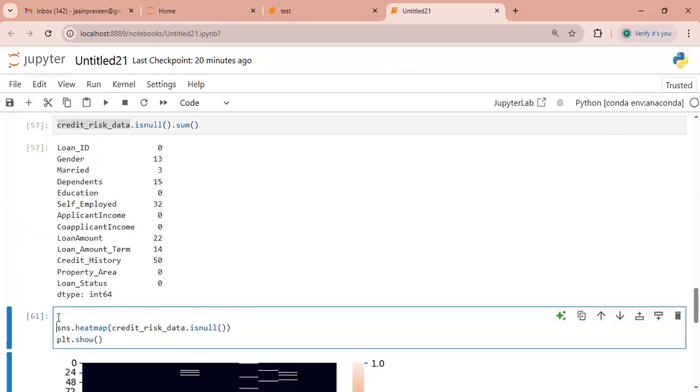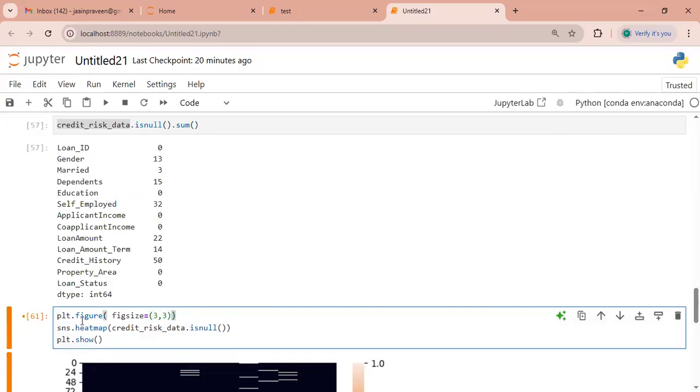For that, I will use the matplotlib dot figure function. Inside that function, I will use the figsize argument and assign the width and the height of the heat map. So I'm using 3 comma 3